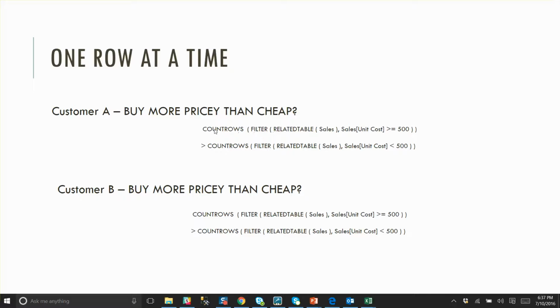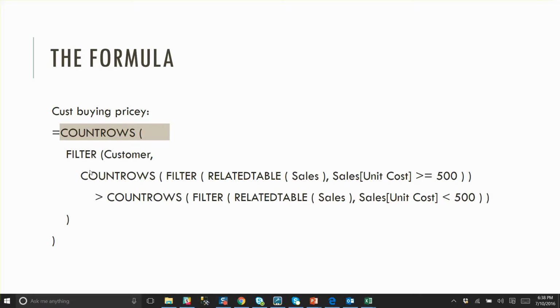And that's where this RELATEDTABLE comes in. So remember that this COUNTROWS also needs a table, one parameter. So you're going to walk over to the sales table and you're going to say, give me for each customer, which is where the related is, it's related on the customer key. Is this row one where the unit cost was greater than 500, or was it less than 500? And if so, count it and then apply it to that customer. And do the same thing for customer B. Then you're going to sum up all those counts for each customer and compare